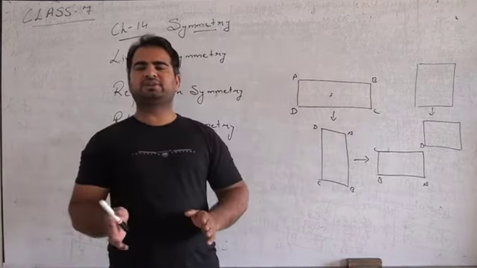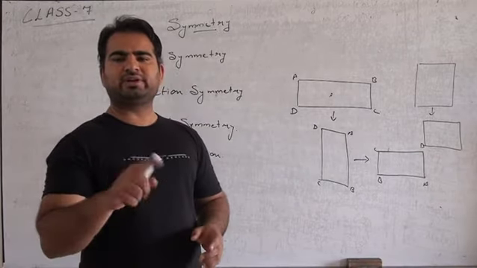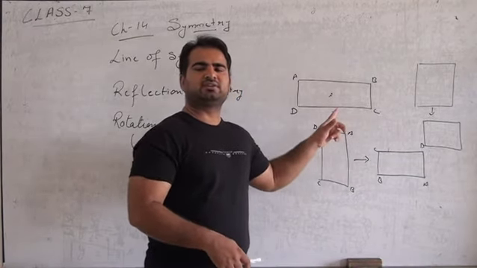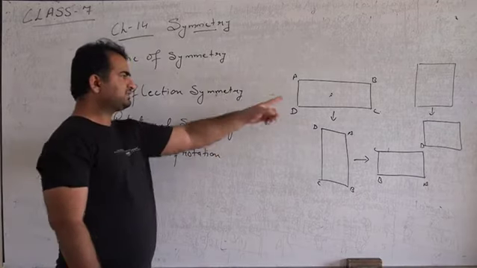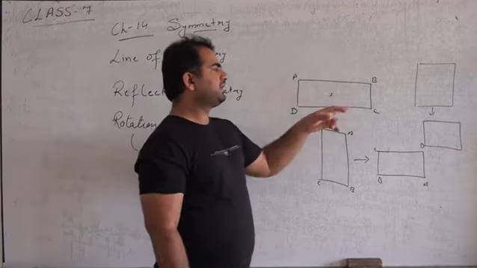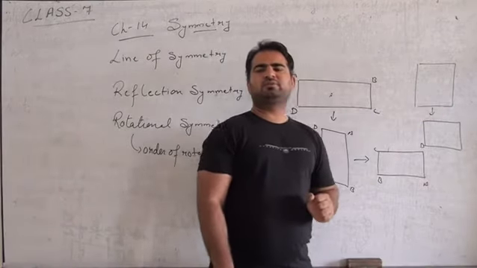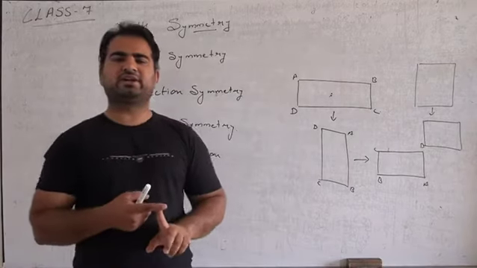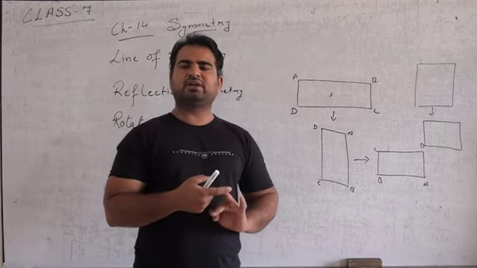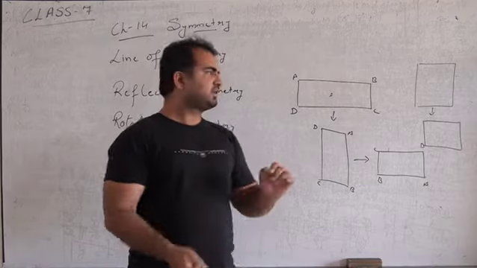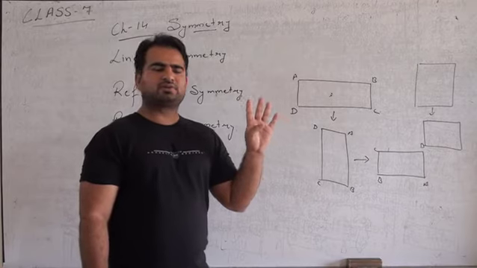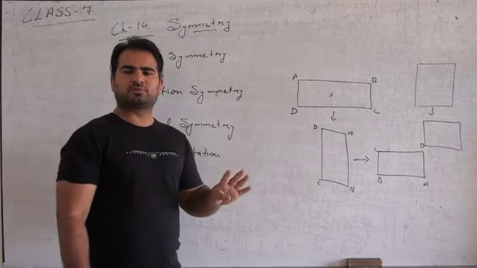So by rotating it 360 degrees, how many equal shapes will we have? Like this, one at 180 and second at 360. So what is the order of rotation of this rectangle? 2. Okay. If we rotate the square, it will possess rotational symmetry at 90 degrees, again at 180 degrees, then at 270 and then at 360. By rotating it 360 degrees, we will have its symmetry 4 times. So the order of rotation of a square is 4.